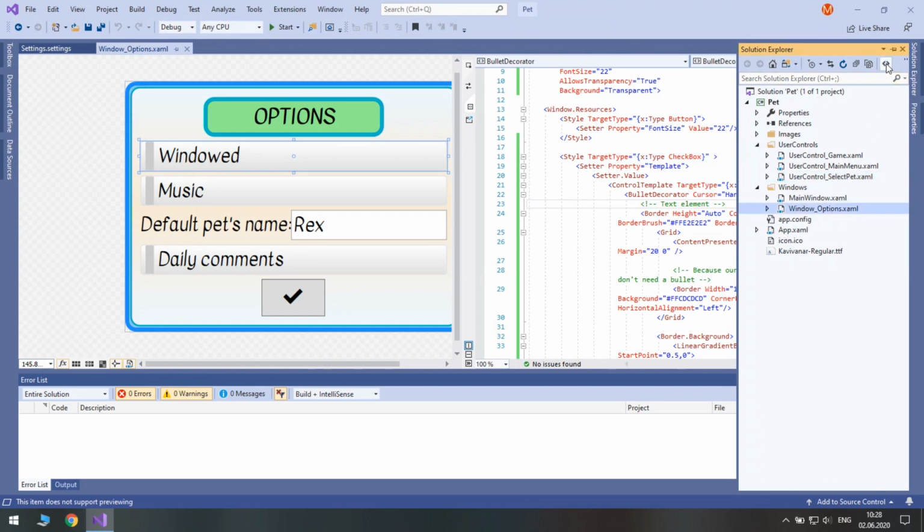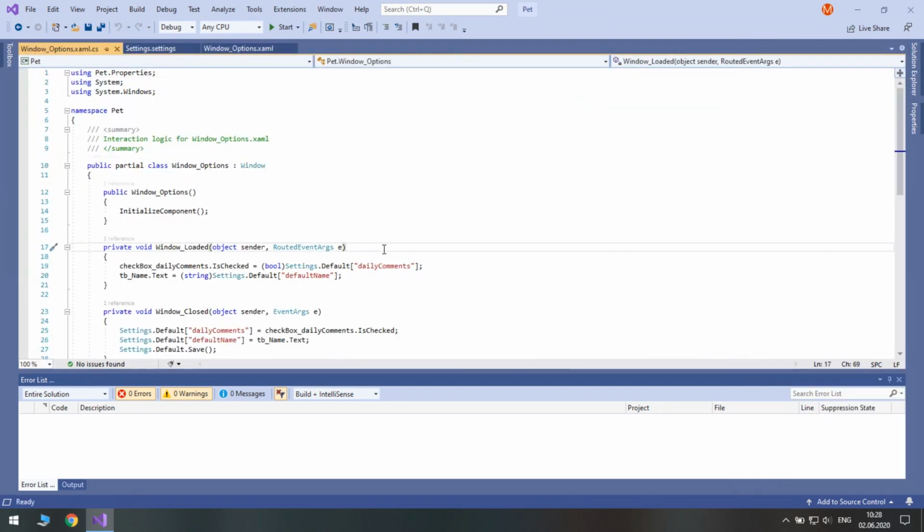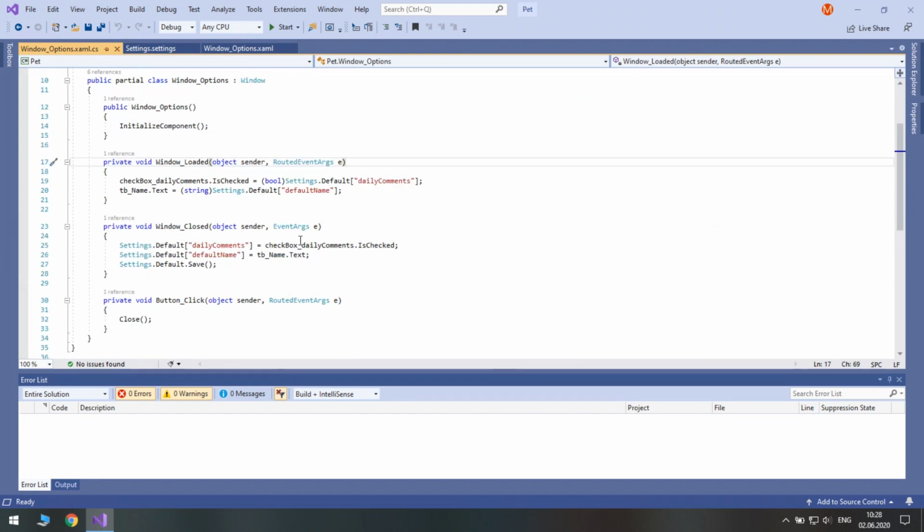So window options. Now in code we are going to modify the loaded event as well as the closed event. So let's copy it.